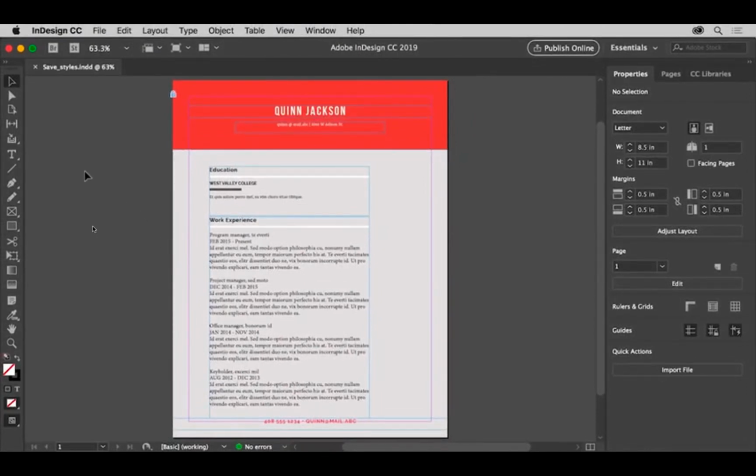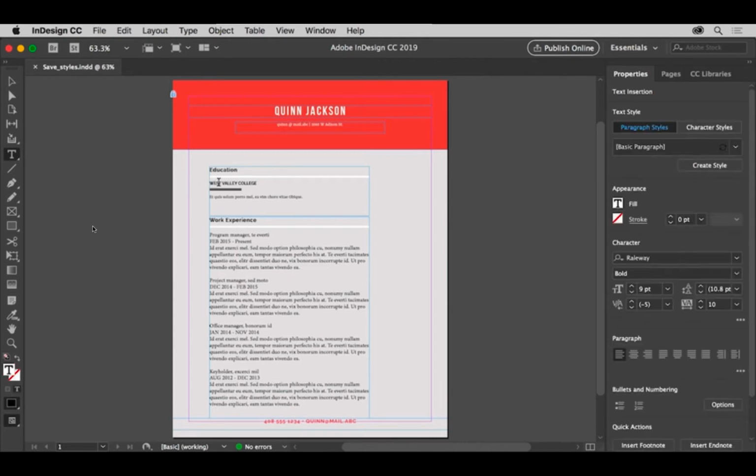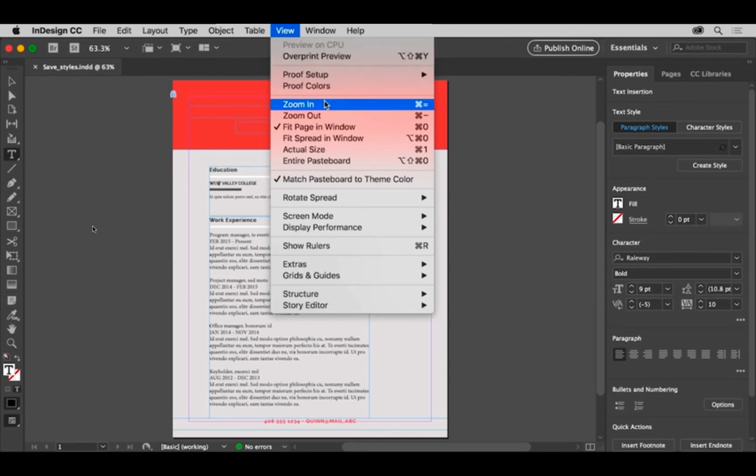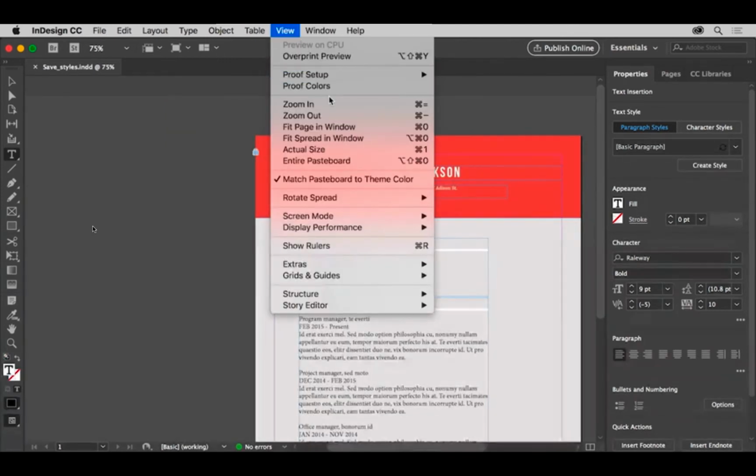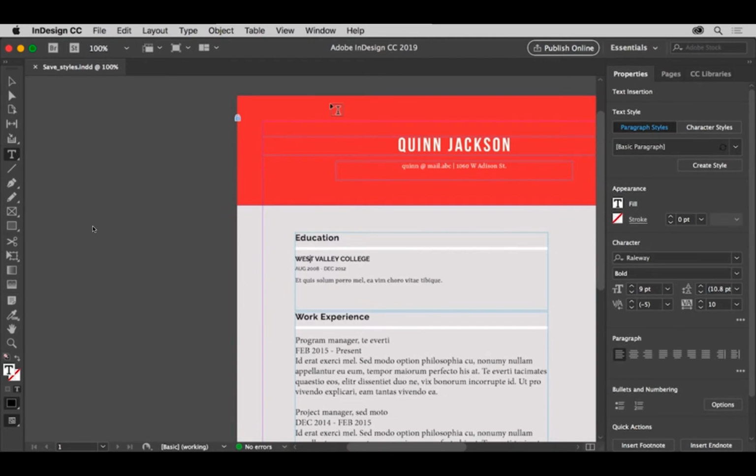So to select text, select the Type tool in the Tools panel, and click in the text West Valley College up here. To zoom into the text, choose View, Zoom In, and do that a few times. With the cursor in the text, in the Properties panel on the right, you can see the font size, and